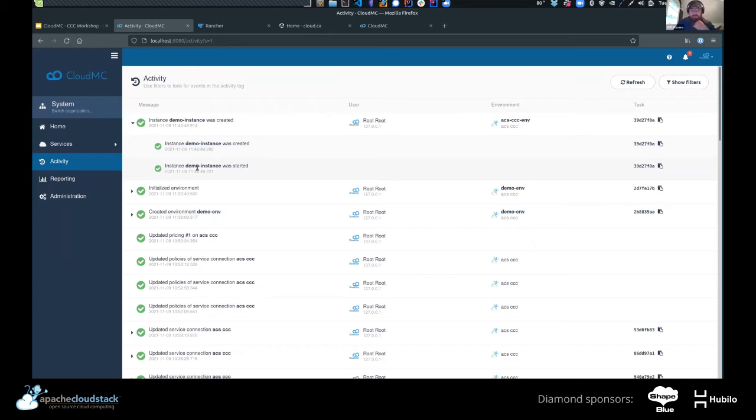Yeah, exactly. But there's some things that the CloudStack API supports on the initial deploy VM call, and that's like if you have an existing SSH key, that's on the initial call. But we do support kind of chaining multiple operations. Multiple actions on the CloudStack side, and that's all through a single form and a single API on the CloudMC side.